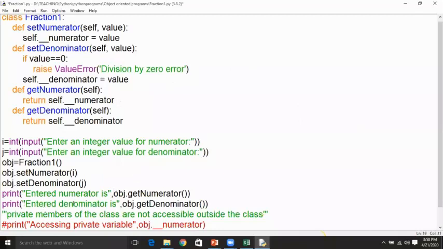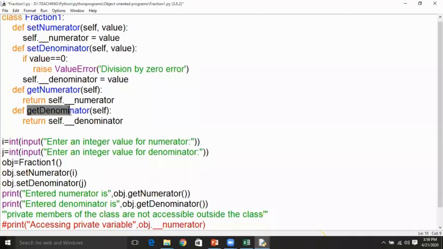Then print enter denominator: by using obj, you are going to call get denominator, obj dot get denominator. Whenever obj calls this method, control immediately jumps back to the Fraction1 class and searches the class for the definition of the function.